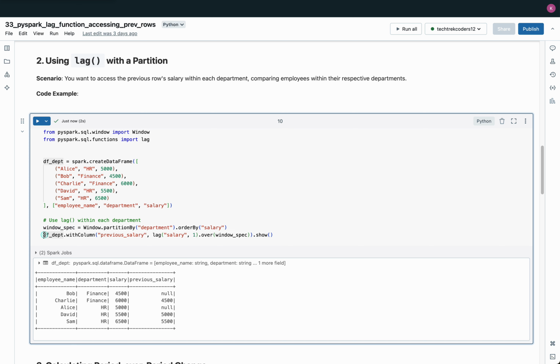Next, we apply the lag function with an offset of 1, meaning that it will retrieve the salary from the immediately preceding row within each department. The result is stored in a new column called previous_salary. When we display the result using the show method, we can see that for each department, the first employee, the one with the lowest salary, has a null value in the previous_salary column because there is no earlier